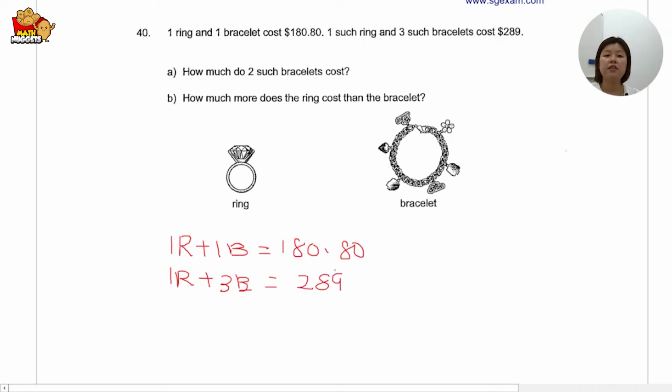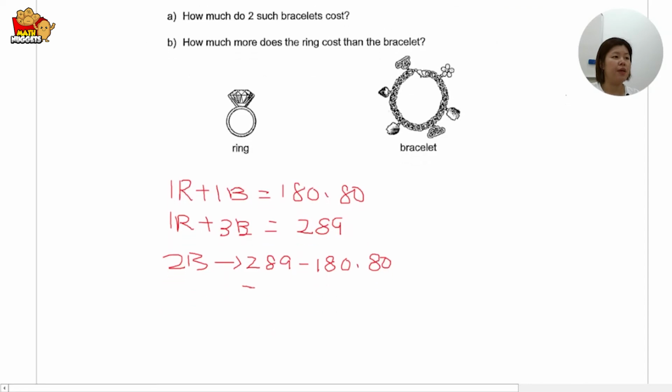You can see the difference is 2 bracelets. So I can just take 289 minus 180.80, and